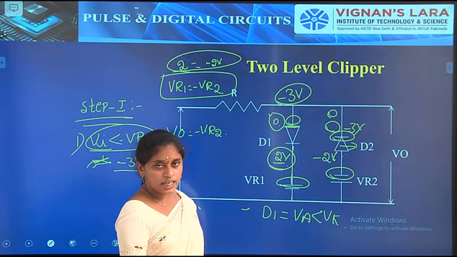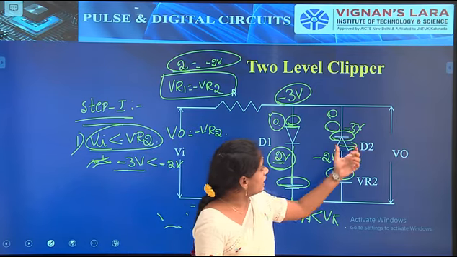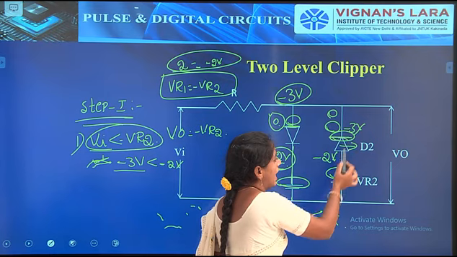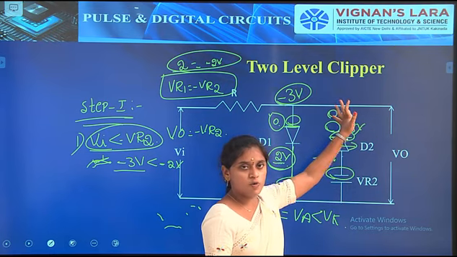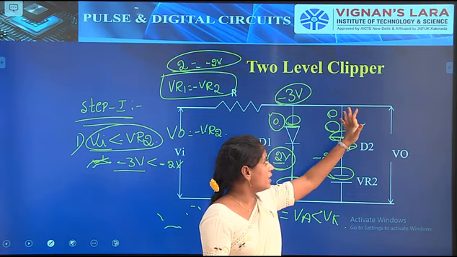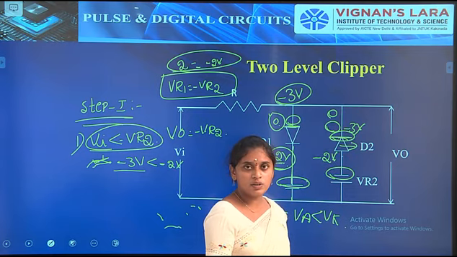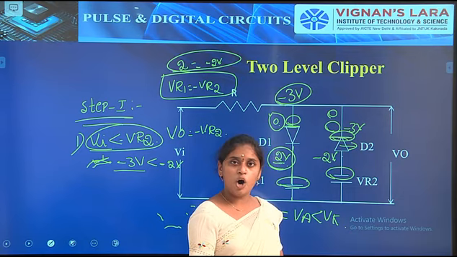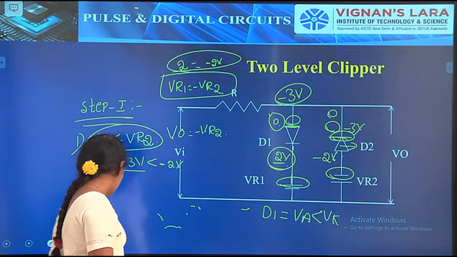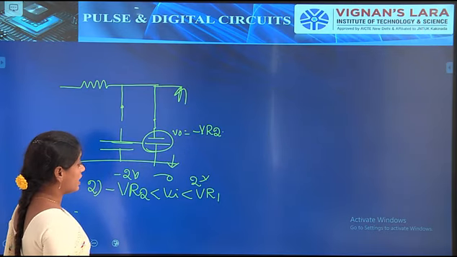At the same time, what is the condition of diode D2? So here 0 volts is applied to the cathode and the anode will be minus 2 volts. So here also 0 volts is more than minus 2 volts. So that's why the cathode voltage is greater than the anode voltage. So then we have to say that diode D2 is also in off condition. So from this we have to say that the output waveform, output diagram, will be like this.